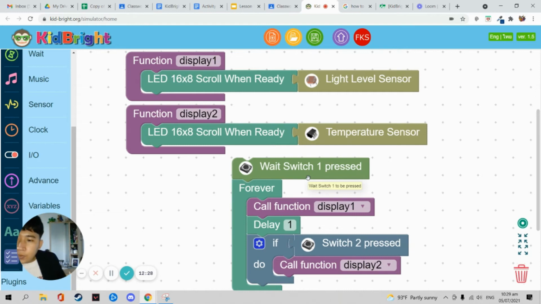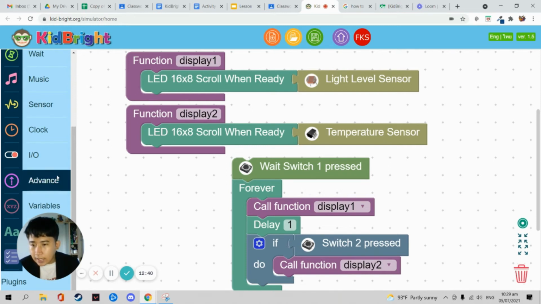If you want to add or create a program that will have multiple tasks in your KidBright board, then you have to use the advanced tab. Okay, and that is function and call function. All right, so now guys,